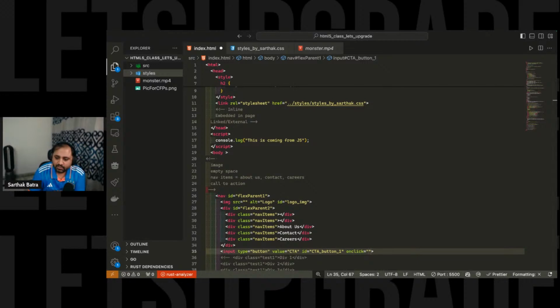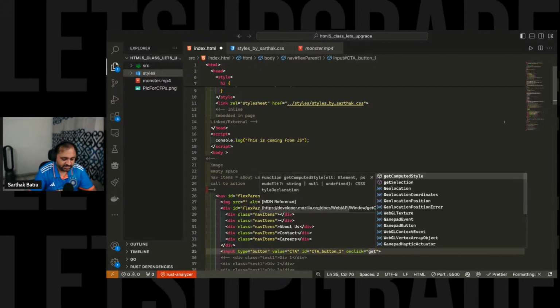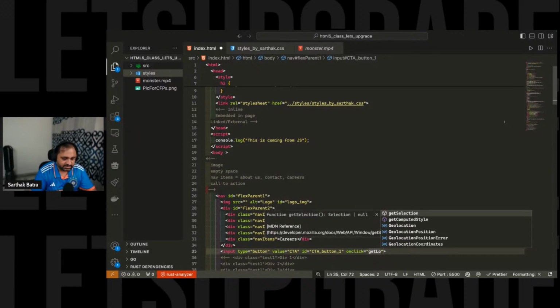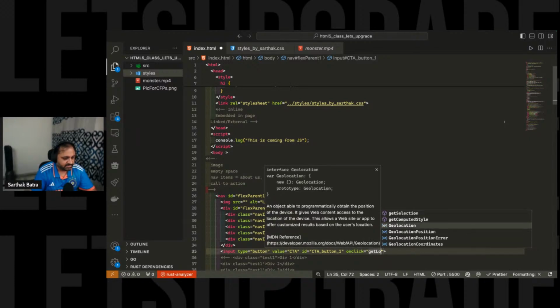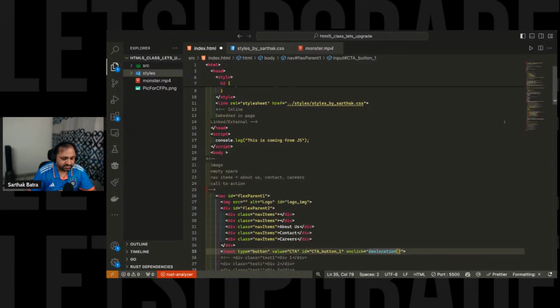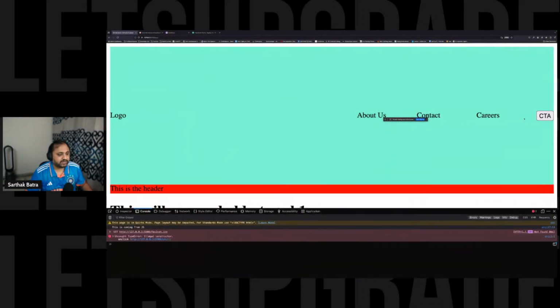On click, I want to run a function. Run a function means run some logic. That logic simply is to get the geolocation. And that is an inbuilt function now. So I'll just do a get location here. See, it is suggesting me on its own. Get location, run the function. So if I do this and I go here and I click here,